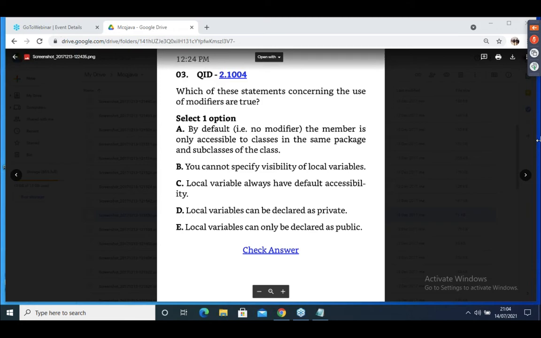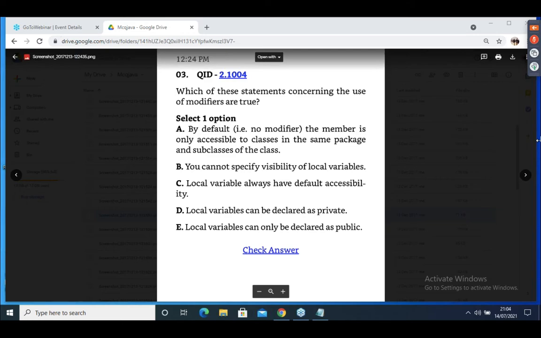So, exactly B is correct. We cannot specify visibility of a local variable. Why I am saying A is not correct: by default, members are only accessible to the class in the same package and subclasses of the class. If the subclass is present in another package, is it possible? No, it's not possible. Are you getting or not? That's the reason A is not an option.